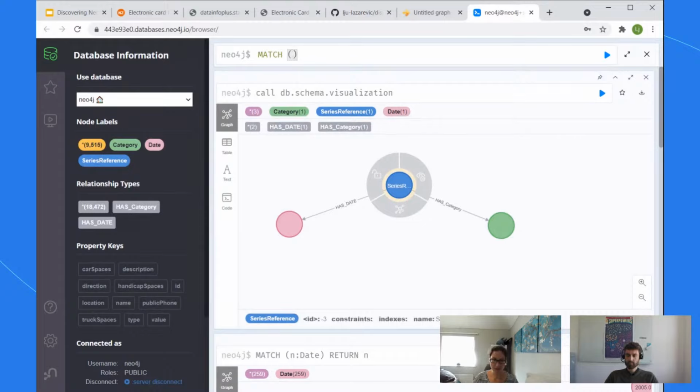match the date. And I know I said always specify the relationship type, but I'm being lazy, and I know there's only one relationship type that comes between those two nodes. So I'm not going to specify the relationship type, but I know what the data is. Probably not needed in this. I can be super lazy here because I know that there's only going to be one node type coming out there, so I can probably even skip the node label here. And therefore we know, oh yeah, so